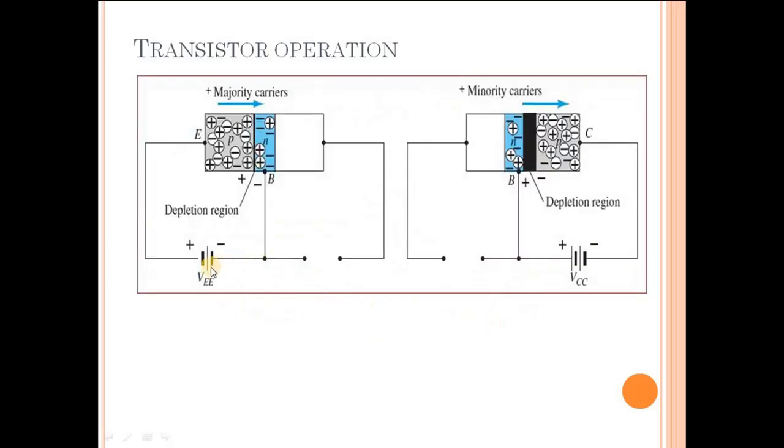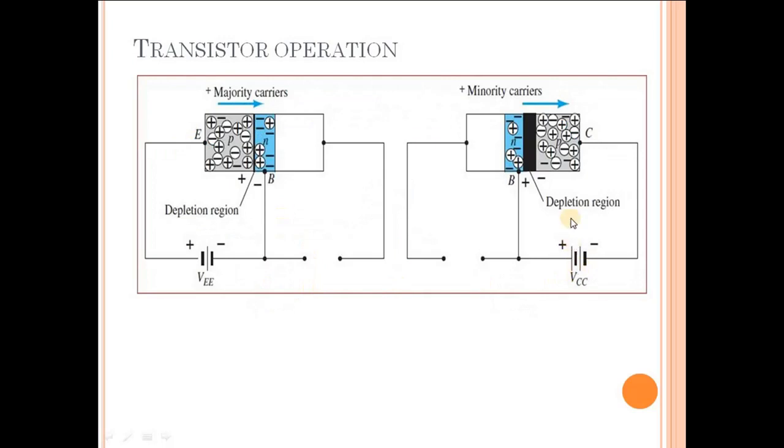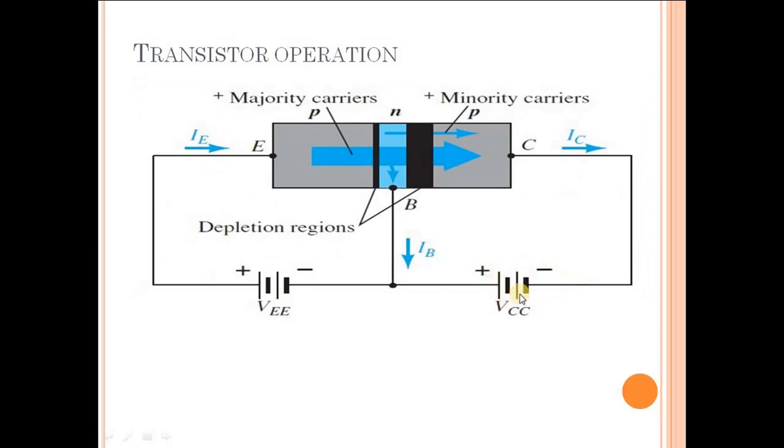So VEE, to forward bias this emitter base junction, we have kept it here. The VCC, to reverse bias this collector base PN junction, is present here. So what will be the effect, what will be the cumulative effect in the presence of both the DC biases? So as discussed